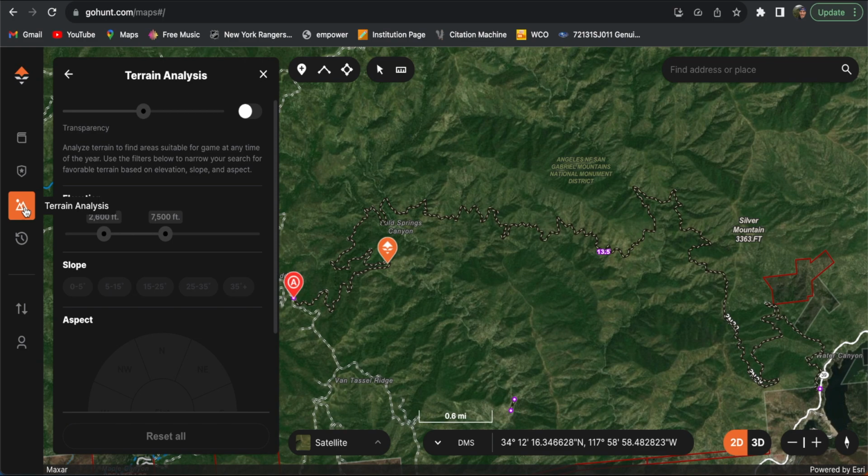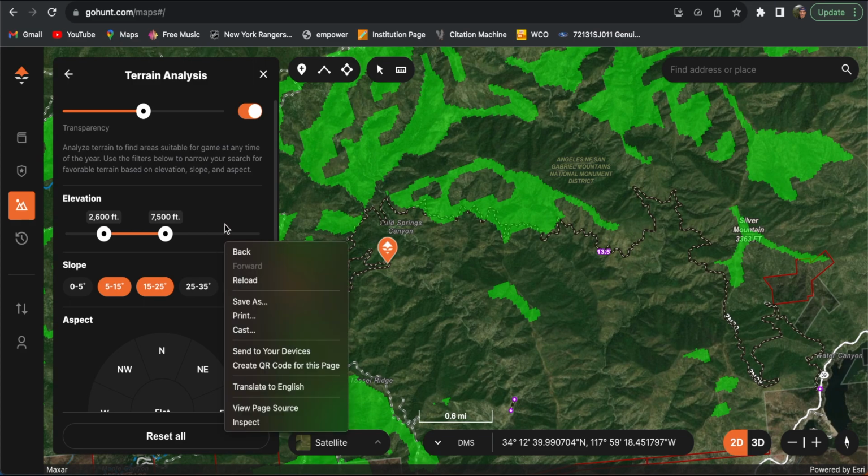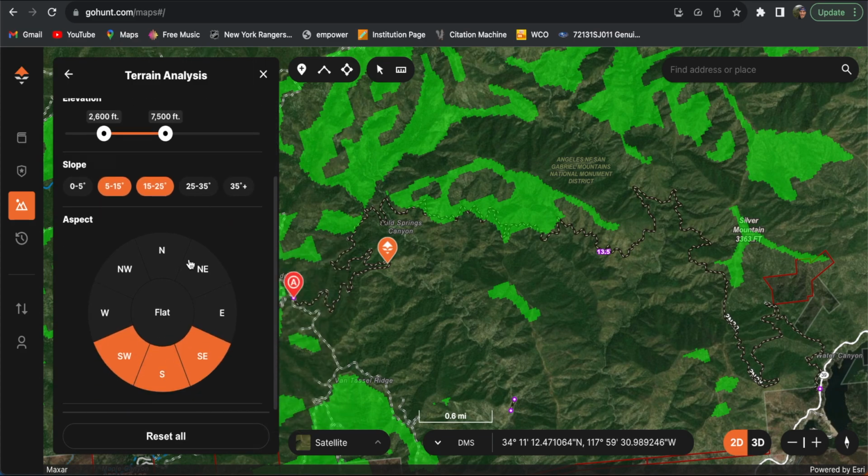This is gonna give me which way the slope faces. So historically, from what I've learned, southern facing ridges carry more deer and provide better food. What I've read, take it with a grain of salt, because deer are literally everywhere. If it gets really, really hot, they'll transition over to the northern facing slopes. So for this, glassing in the morning, I want to be looking at a southern facing slope. As you see right here with this terrain analysis mode, all these highlighted in green are the southern facing